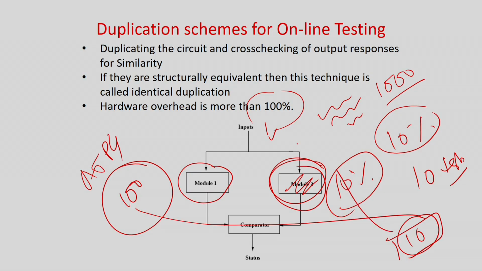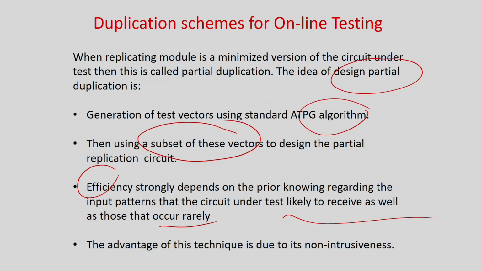So in this case you have a very good tester like module 2, but inputs may not arrive in a manner that will test your circuit. If it were an offline test or a BEST, I would apply one of these test patterns, but in online testing you cannot apply them. Therefore, efficiency will strongly depend on prior knowledge of whether these important test vectors will come. So the problem is twofold. First, you have to find very good, efficient test patterns, and secondly, you have to find out whether they will occur at regular intervals or not. If that is possible, then only can you make an efficient partial replication based test.